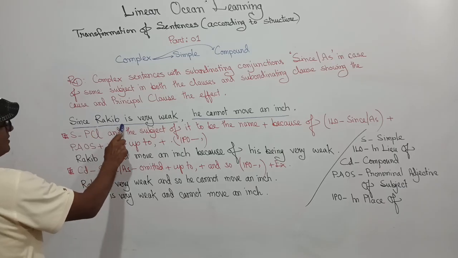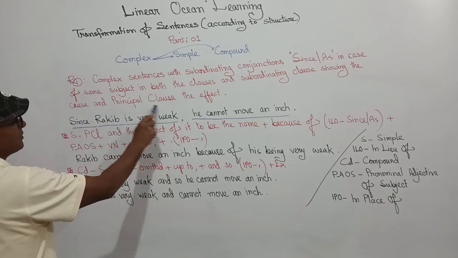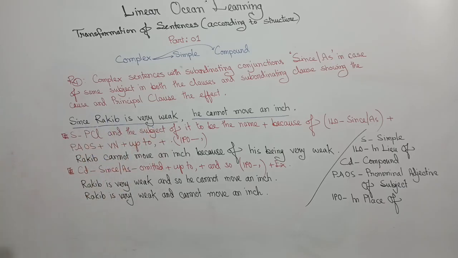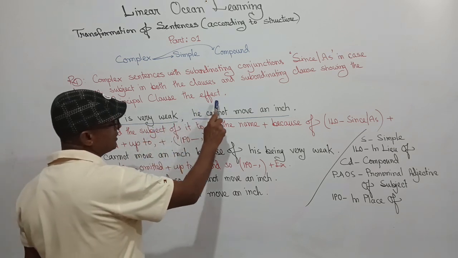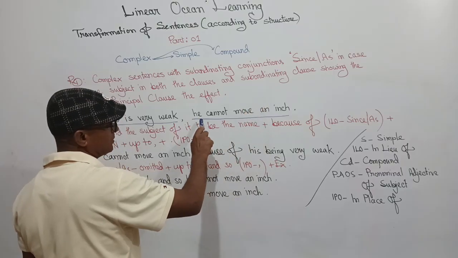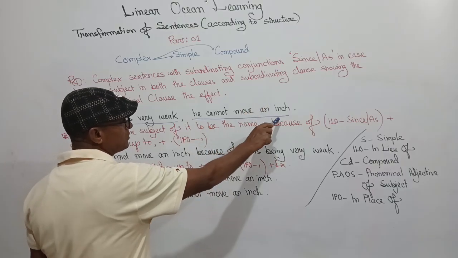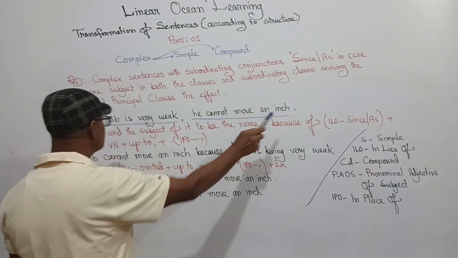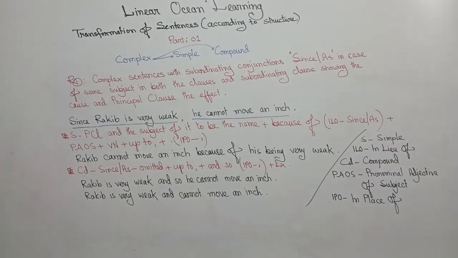Rakib is the subject, is the verb, but it cannot express its meaning completely well. It's a subordinating clause. And this one, he cannot move an inch, is a principal clause because it can express its meaning completely well. If we follow the structure to make it a simple